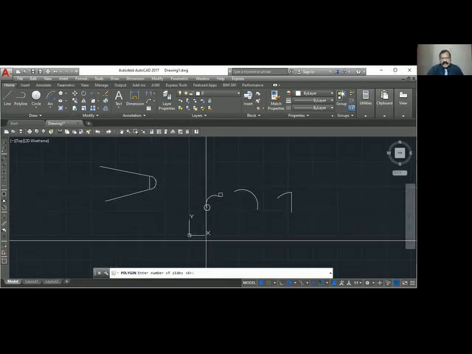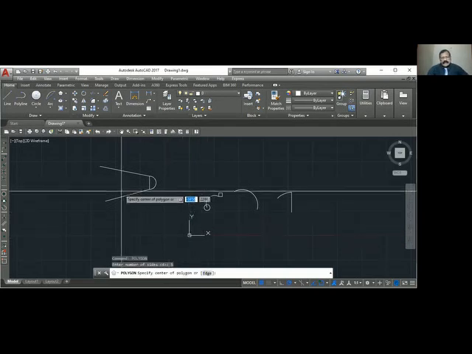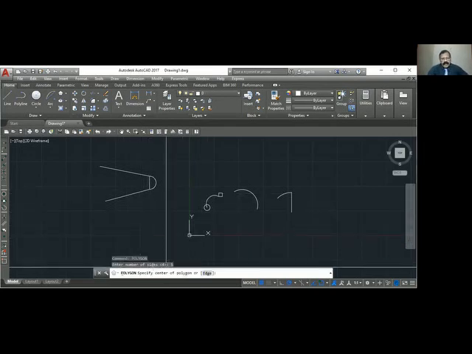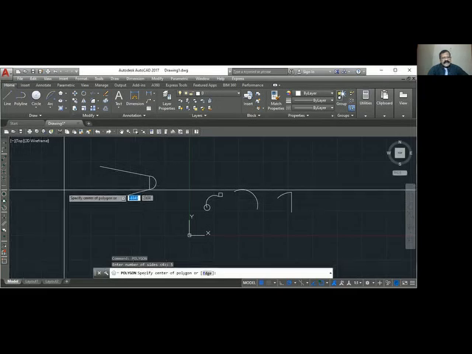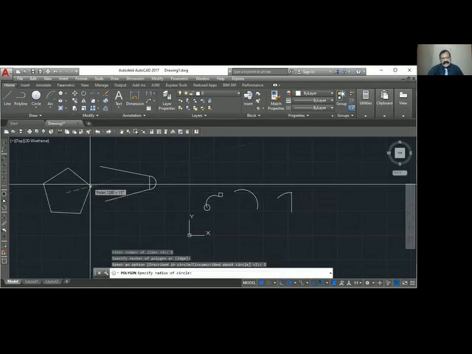Okay, so now it is 4 sides. I will make it 5 sides. So the first one, polygon, using the center point, center of the polygon. So just click a center. Now it is asking whether the polygon is inscribed or circumscribed. Okay, we will say inscribed. So I have to select inscribed, type I or select this. Now we have to give the radius. So I will say radius 1000.